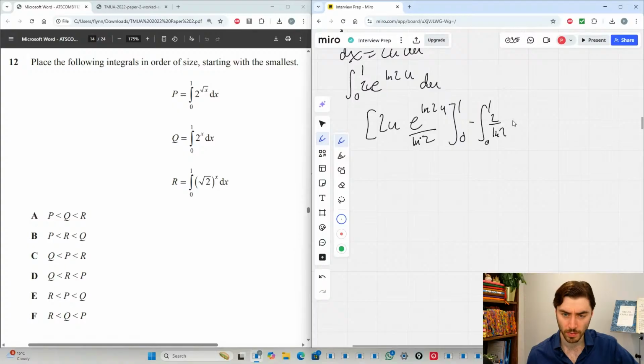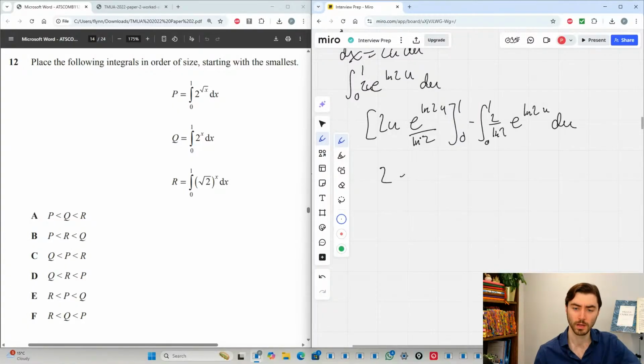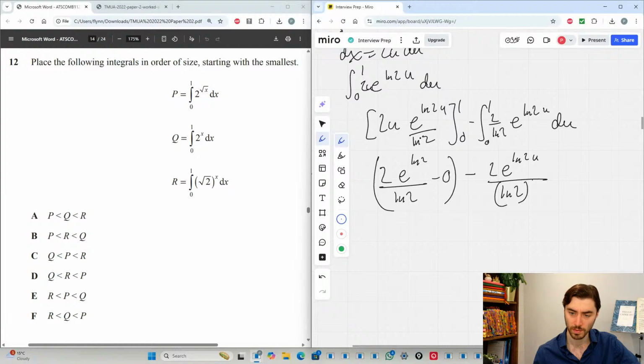So plugging that in, we get 2e to the ln 2 over ln 2 minus 0. And this guy over here becomes 2e to the ln 2u over ln 2 squared with 1 and 0 as the limits. So then we have 2e to the ln 2, and e to the ln 2 is 2. So that becomes 4 over ln 2 minus